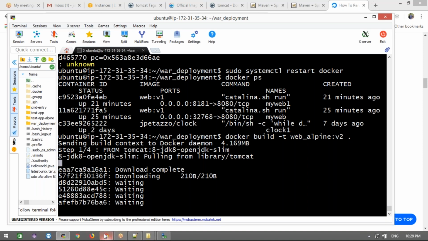And guys, I've written the documentation for Nexus installation, and also SonarQube. It is not possible to install in this free-tier instance. You must take a medium instance minimum. Then only you can install these packages in AWS, Nexus and SonarQube. I'm going to write the SonarQube one also.